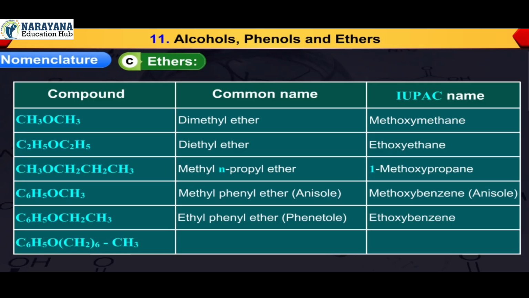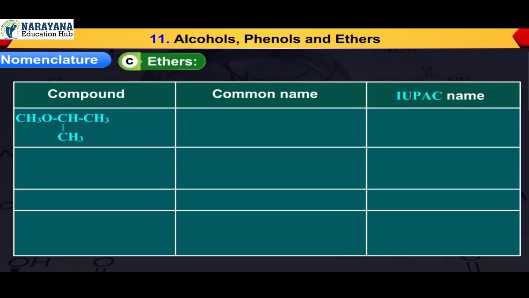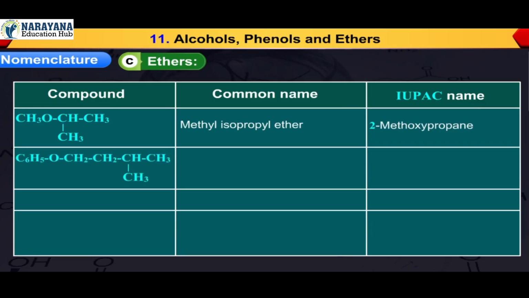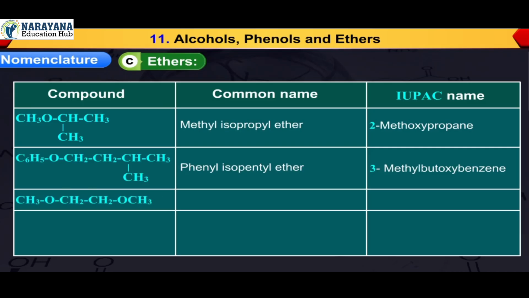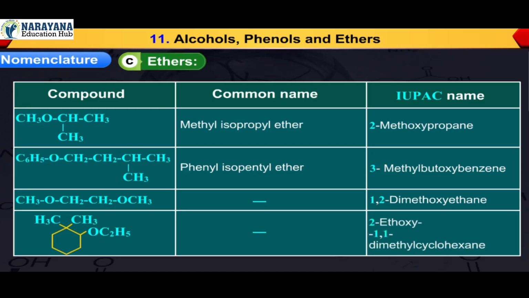C6H5O(CH2)6CH3, heptyl phenyl ether, 1-phenoxyheptane. CH3OCH(CH3)CH3, methyl isopropyl ether, 2-methoxypropane. C6H5OCH2CH2CH(CH3)CH3, phenyl isopentyl ether, 3-methylbutoxybenzene. CH3OCH2CH2OCH3, 1,2-dimethoxyethane. CH3CH3OC2H5, 2-ethoxy